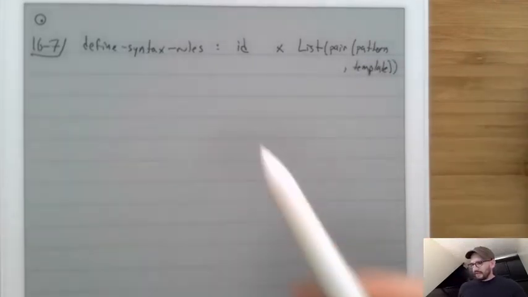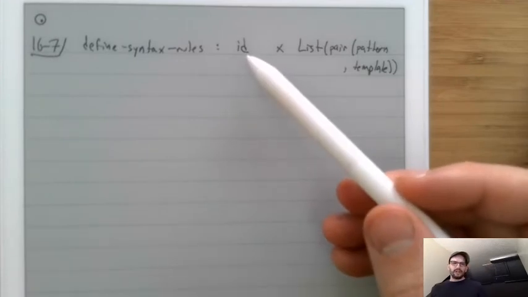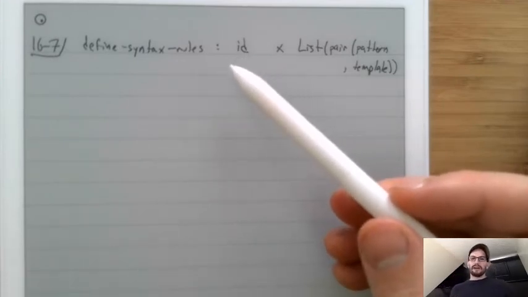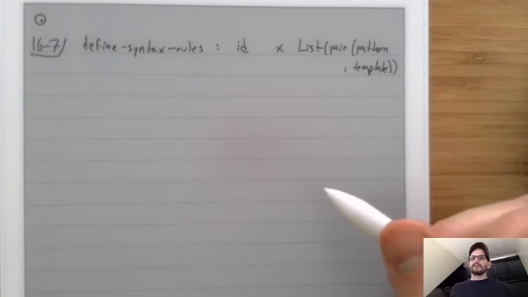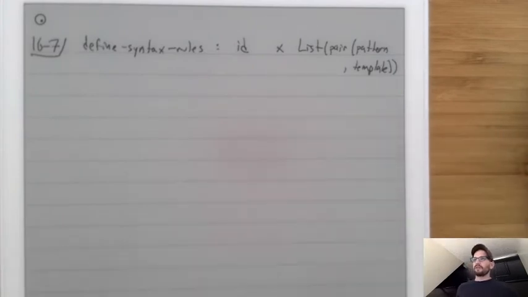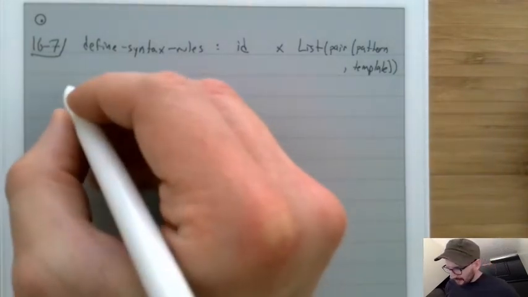Okay? Now, as I mentioned, the reason that we know what the identifier is of the macro is because each pattern starts off with that. Okay? So, for example, the let macro,